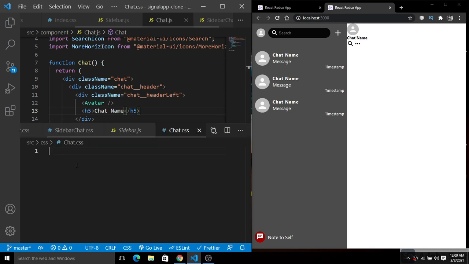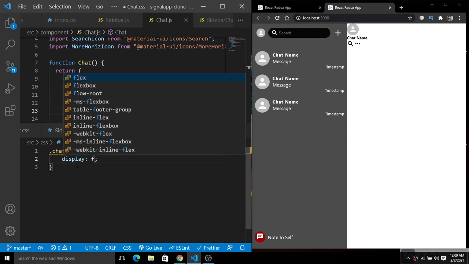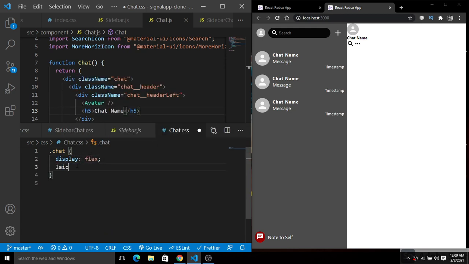So now you can see we have this chat here. First of all, simply grab this chat class and give it a display of flex. We'll use display flex, and align items to the center. Now save this. Okay, we have this chat, and now we have given the align items center. So I think I'll grab this and not give the align items center. Okay, so we have given the display of flex here.